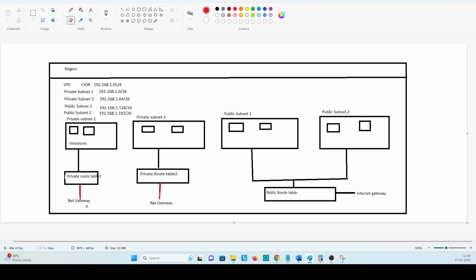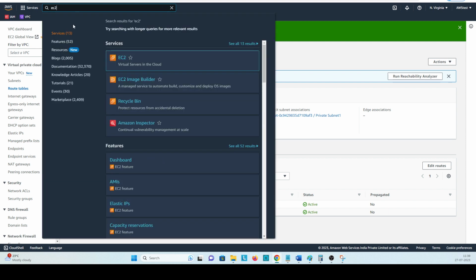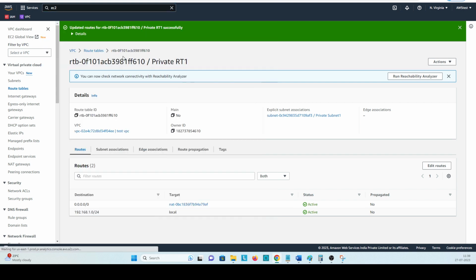Okay, using the NAT gateway, traffic will go from server to NAT gateway. From NAT gateway, traffic will go to internet gateway, and from internet gateway it will go to the internet. Okay, so we are going to deploy server now, and we'll check how it is working. Okay, so to create the server we have to go to EC2. Okay,